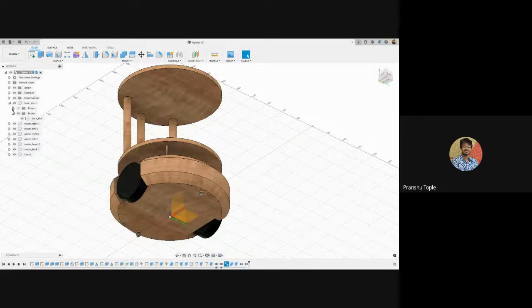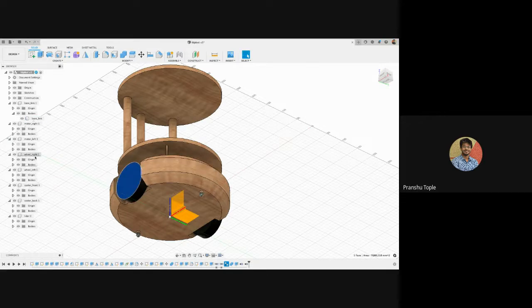Now each and every component of yours will also have an origin. If you extend this, you can see there are origins for each of them, but they are hidden. So let's unhide all of them. If I hide the original origin and show it over here, this is one origin. If I unhide another one, it becomes brighter because all of them are overlapping each other. So just make sure all the origins are at the same place.